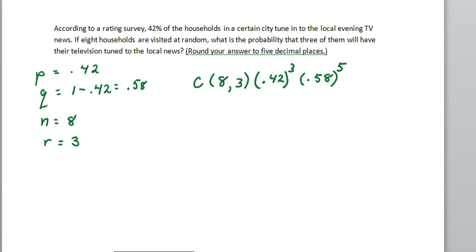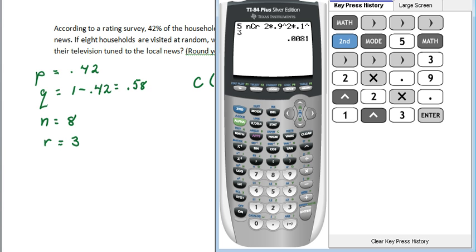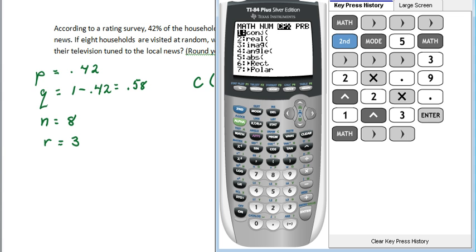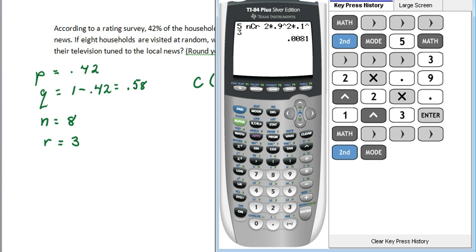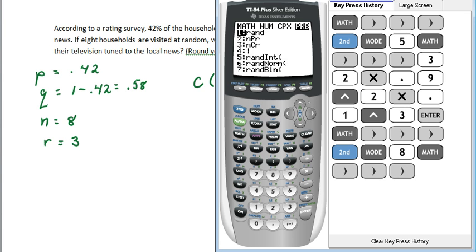So bringing up the graphing calculator, we do math, right arrow 3 times, 3, and again I made the very same error that I did before. So I'm doing second quit, and I'm entering the 8 first. Now math, 3 right arrows, number 3 for the nCr, and 3 because we're looking at combinations of 8 things taken 3 at a time,